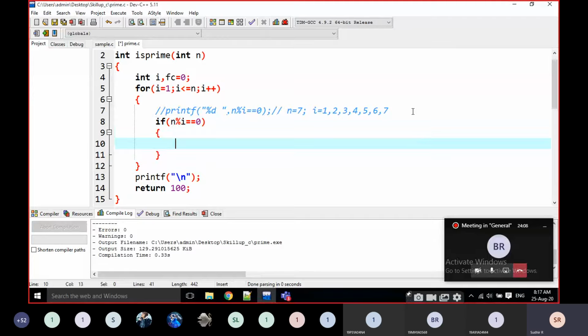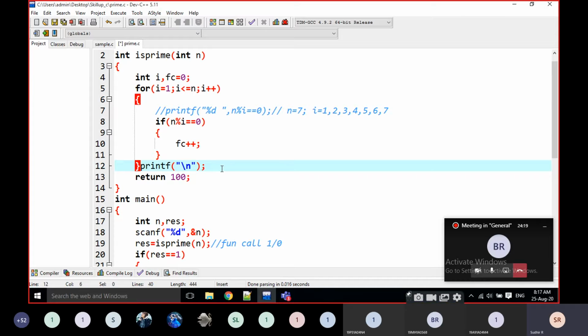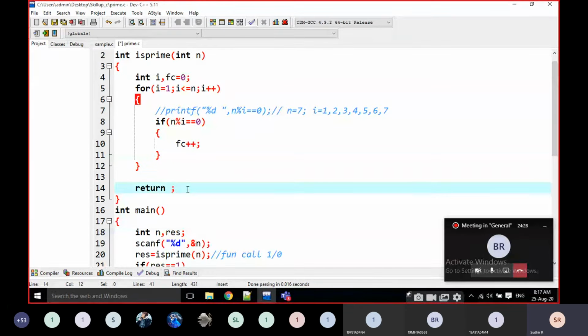If the condition is true, I am going to do fc plus plus. That's it, nothing else. I am going to increment that fc, that means factor count: how many factors are there for a number. I am going to return that fc.